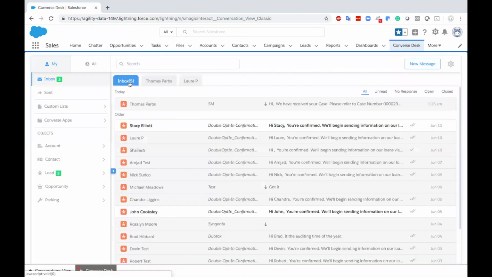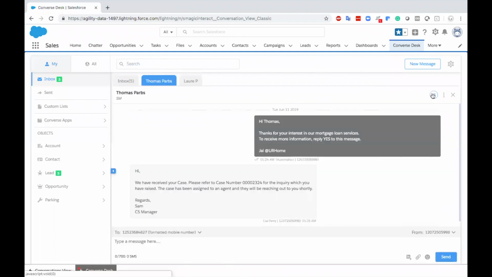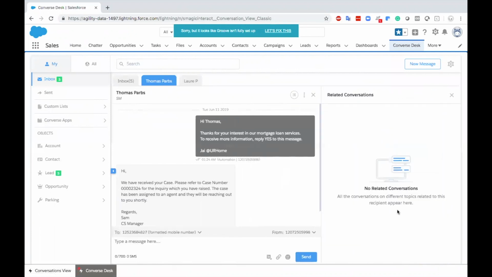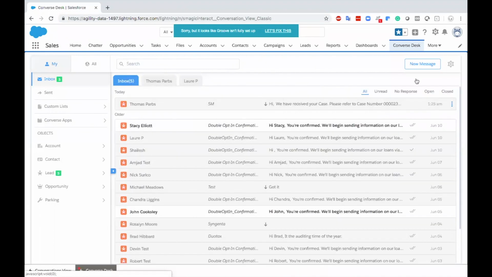Apart from that, of course, in the inbox, we have certain quick actions given in here, which allow me to perform various actions which I do not need to go to that record to perform. I can do all of that from here itself. These are pretty customizable, so they can be made flexible based on your requirements. You also get the option to see related conversations. So in case in the past I have had a conversation with this lead, I'll be able to see it under the related conversations as well. Also, under the inbox, there are certain sections by which you can filter out your conversations whenever required.